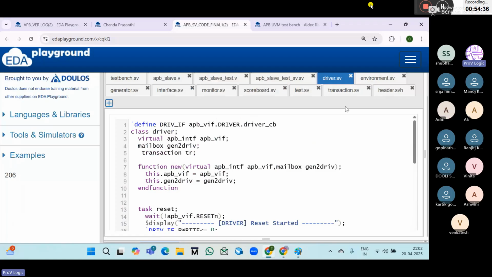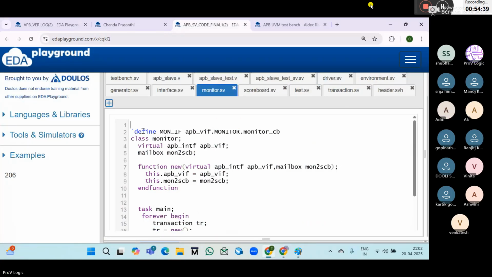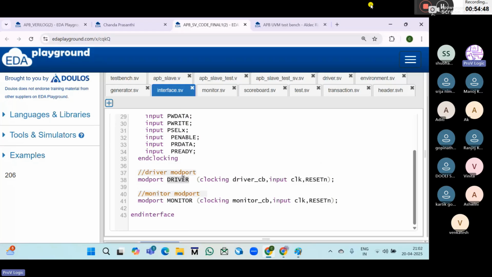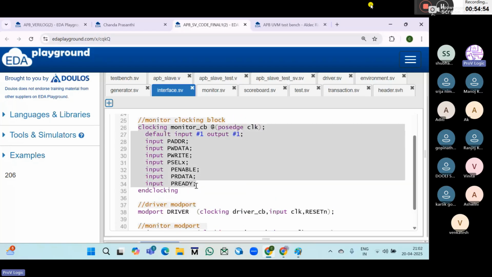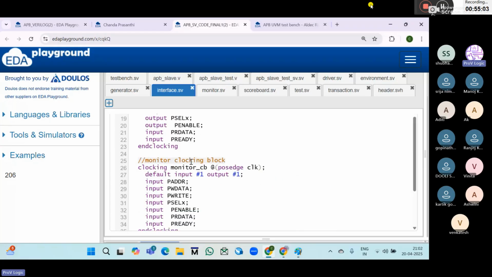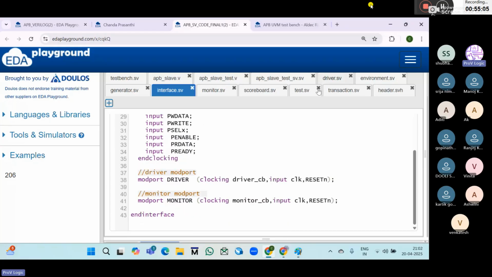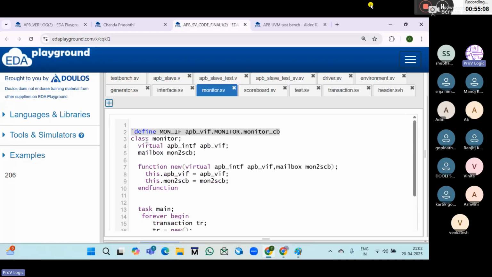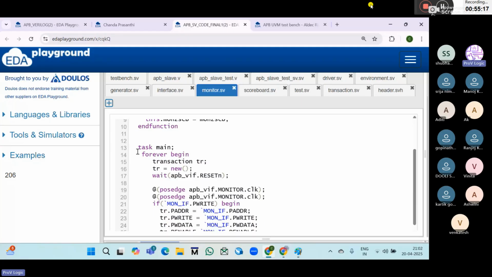Okay, so coming to the monitor. For the monitor also, we define the path here, but which path? Before we took the driver path, now we need to connect with the monitor path, because whatever signals are there in the monitor clocking block, we are accessing those signals. So that's why virtual interface dot modport monitor dot clocking block monitor cb. That is the default path. So in class monitor we need to declare the virtual interface, and we need to create the mailbox and class constructor. And in the main task,